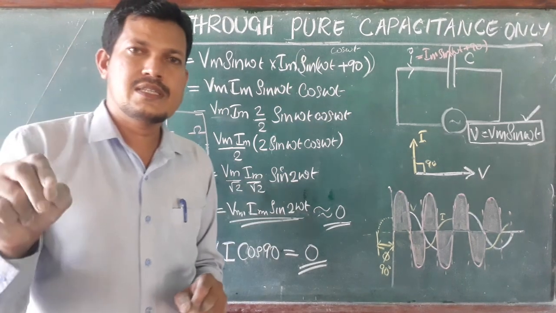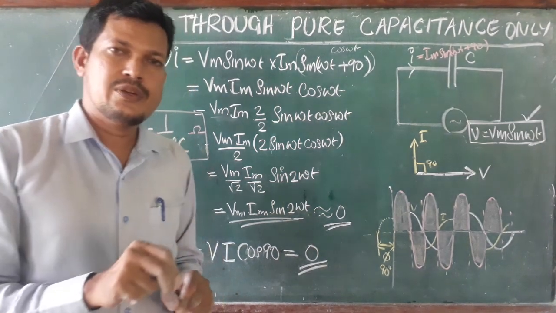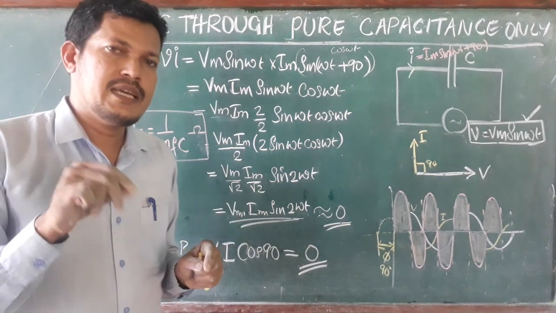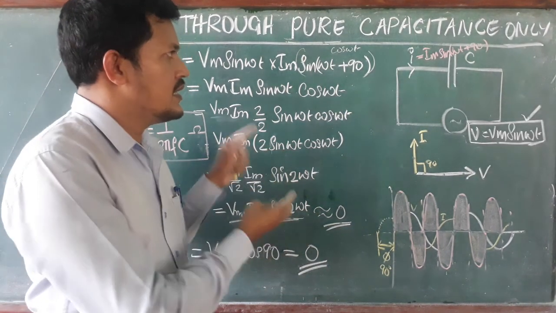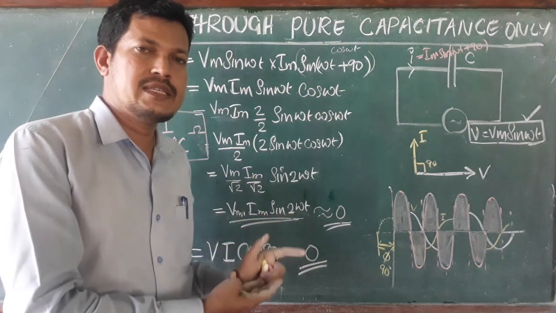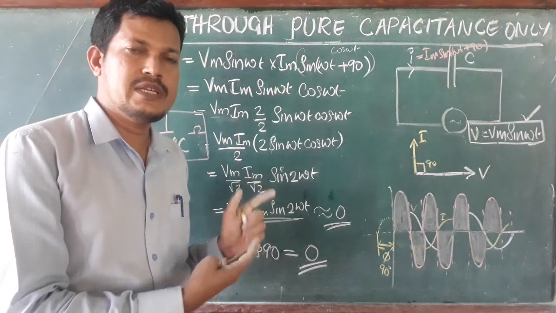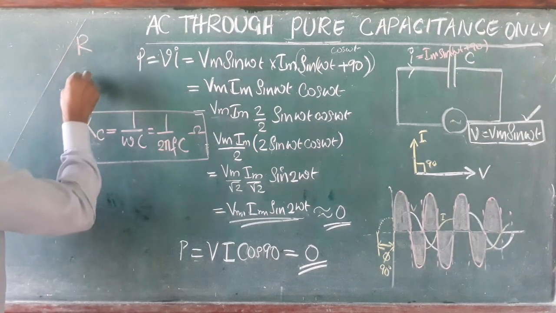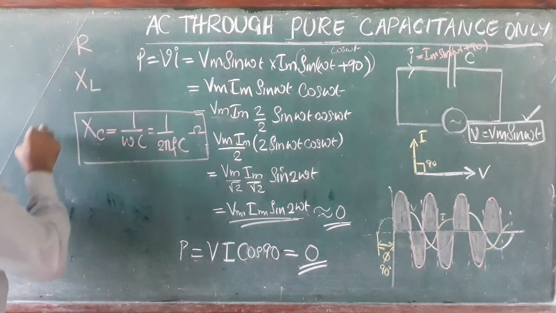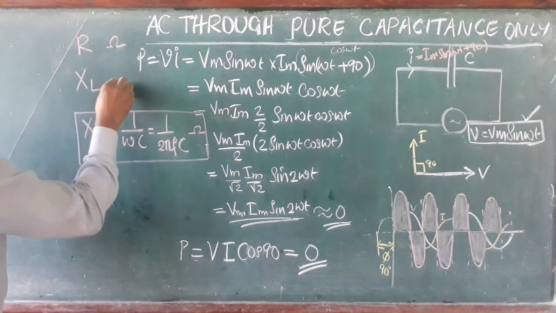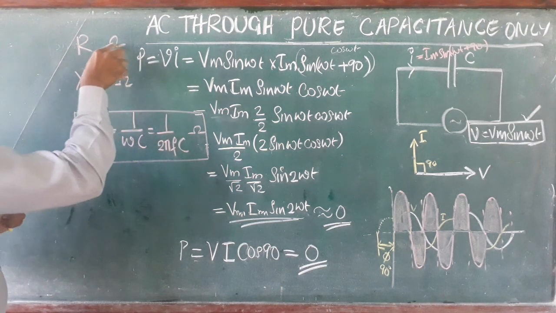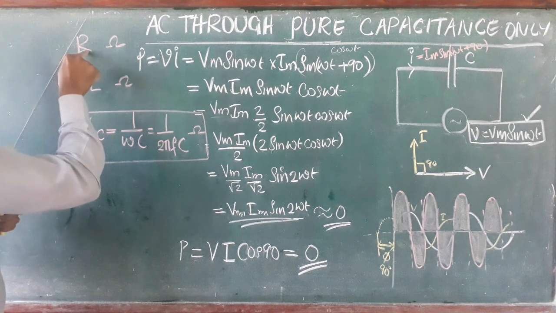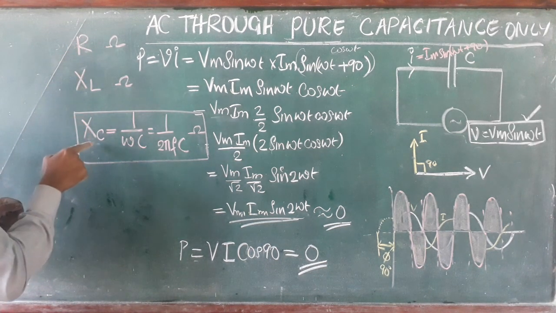Next we discussed the inductance circuit. That circuit offers opposition to the flow of current, which is inductive reactance, that is XL. The third case is capacitance, where we got XC, that is capacitive reactance. So three oppositions. First case we got resistance R. Next case we got XL. Clear? All are measured in ohms. So these are called R, XL, XC: resistance, inductive reactance and capacitive reactance.